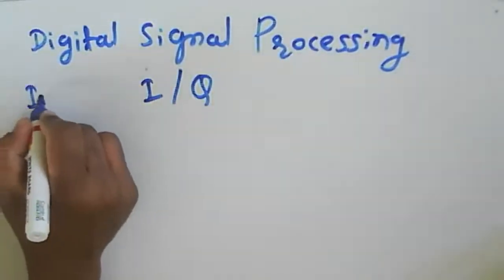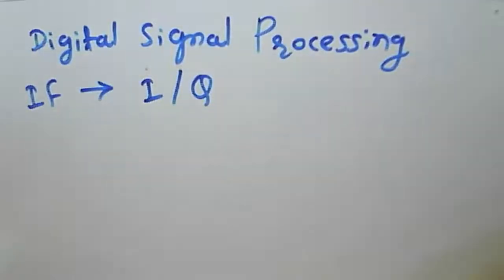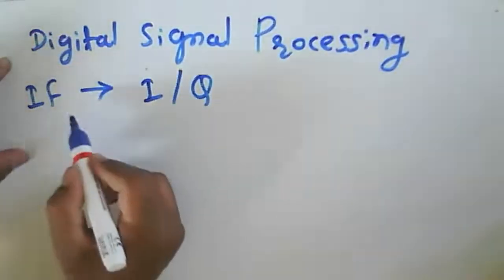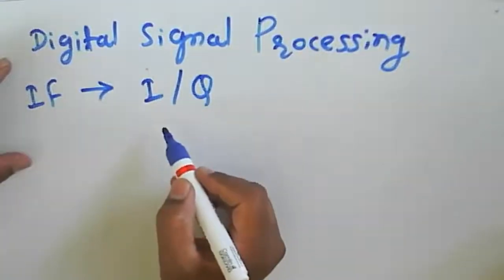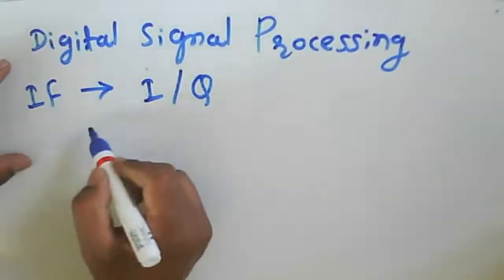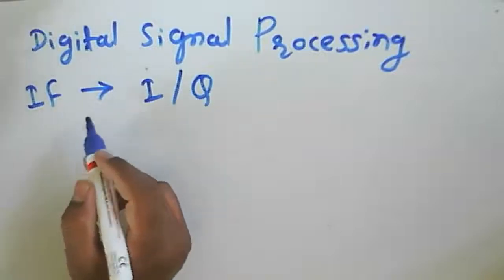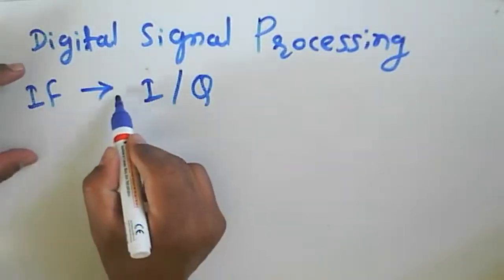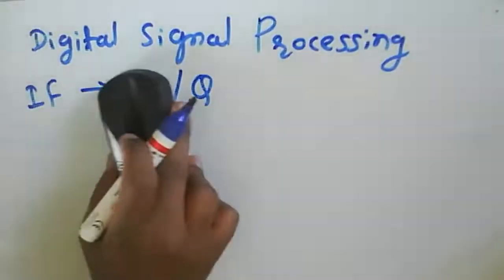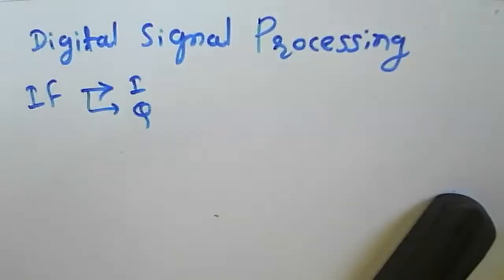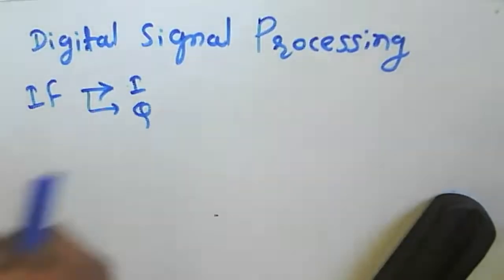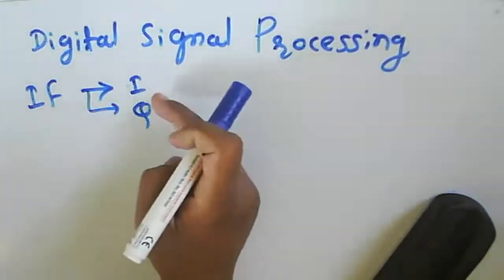So whatever the input from the IF, after the IF at a receiver we have an IF amplifier. What will be the output of the IF? That IF will be split into I and Q, and this output of I and Q is to be given to the